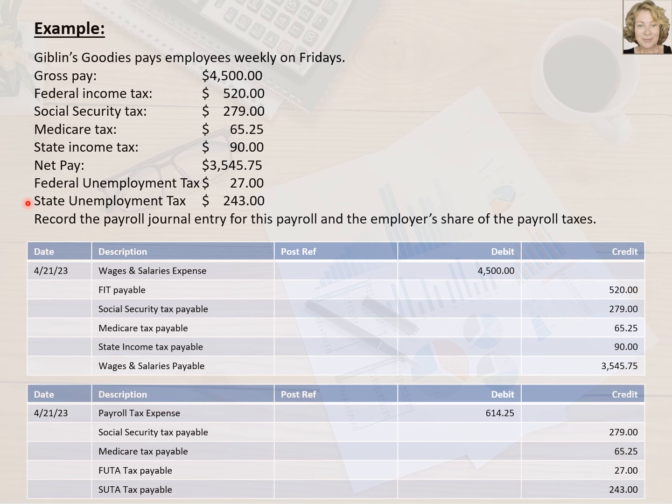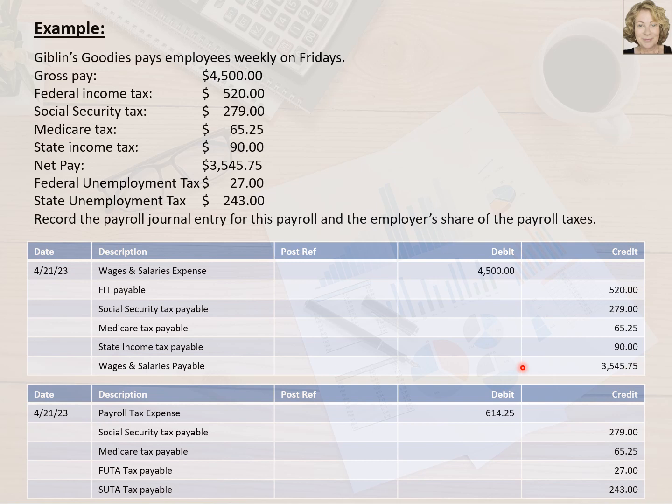the payroll taxes? To record the payroll register amounts, we debit salaries and wage expense for $4,500. We credit federal income tax payable for the federal income tax withheld of $520. We credit Social Security tax payable for $279. Medicare tax payable for $65.25, state income tax payable for $90, and record the liability for the net pay and salaries and wages payable by crediting that account for